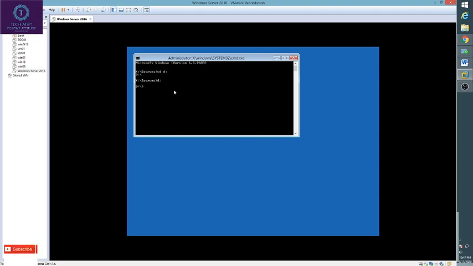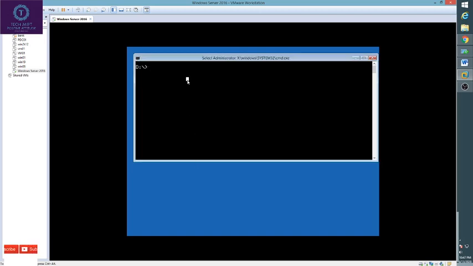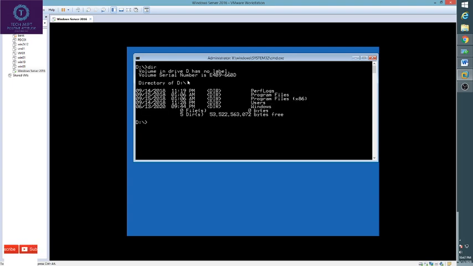Type the command dir. This command will show the list of directories in that drive. We want the drive which contains the Windows directory. As you can see, there is a Windows directory in this drive. Type the command cd Windows to go into the directory.